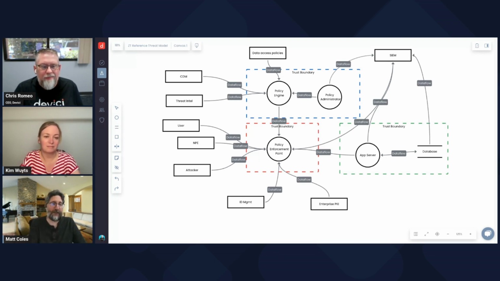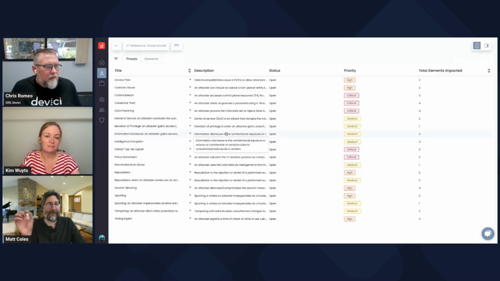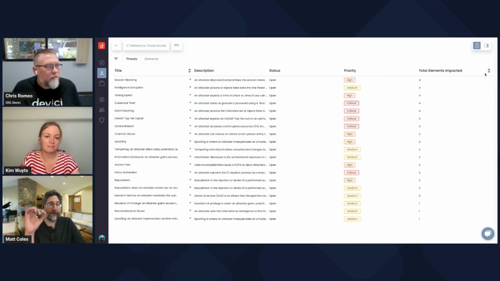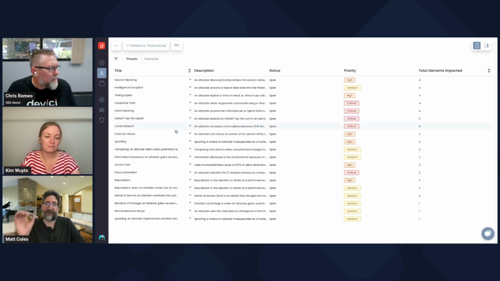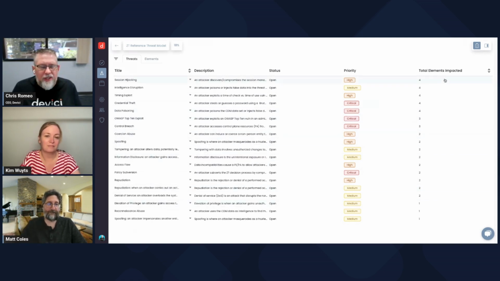And so we may have done ourselves a disservice by having expansive trust boundaries in the first place. In fact, when I have done threat modeling over the years, I almost ignore trust boundaries. I use them as containers, as groupings, more so than actual indicators that as soon as stuff comes into the boundary, we don't do anything with it because we trust it. But in zero trust, you can't. The trust boundary is the thing that you're building. And the secure design principle is you do validation at every point in the process anyway. And as we see, we did uncover lots of different threats that impact the zero trust architecture.